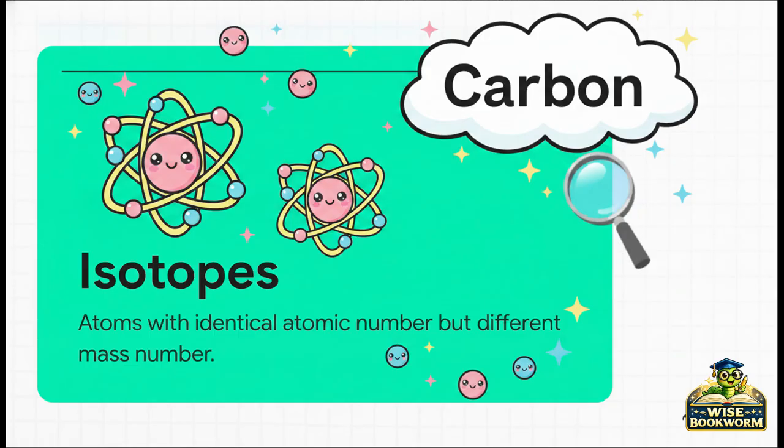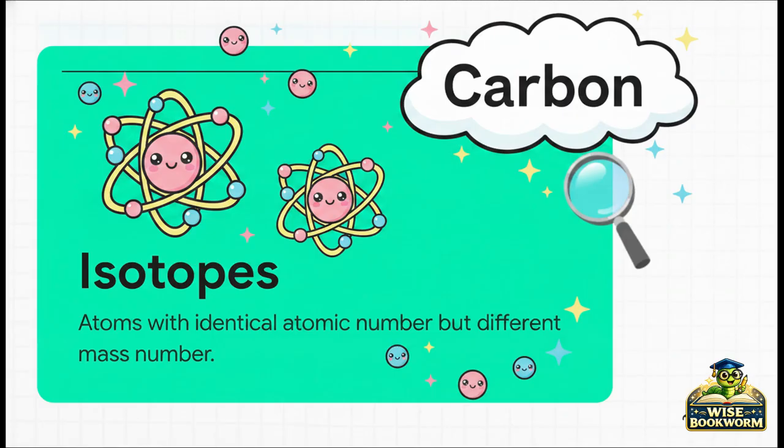Now, the crucial thing to remember is that the number of protons defines the chemical identity of the atom. Carbon is carbon because it has 6 protons. End of story. But what happens if you add or remove one of those neutral neutrons? Well, you get an isotope. The atom gets heavier or lighter, but because the protons and electrons stay exactly the same, its chemical behavior remains